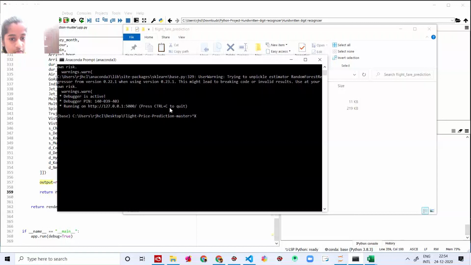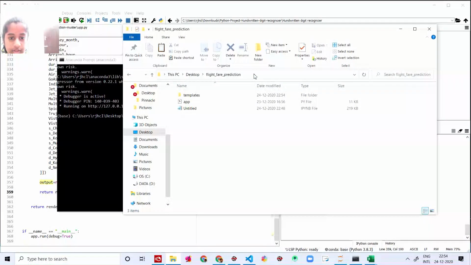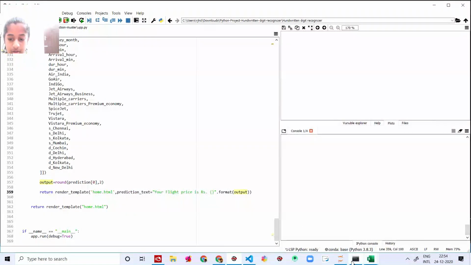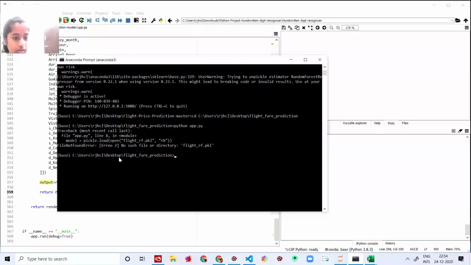Yeah. And now what I'm going to do is say cd, and I'm going to get this path here, paste it, and then I'm going to say python app.py. Let me cancel and go here. File not found, flight rf. Oh yeah,